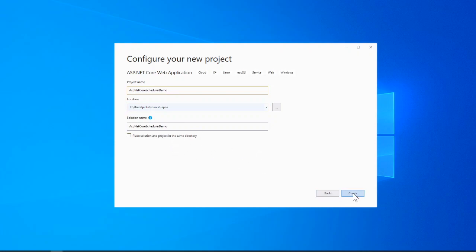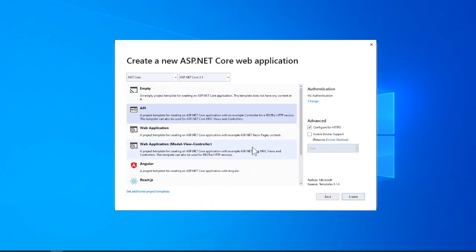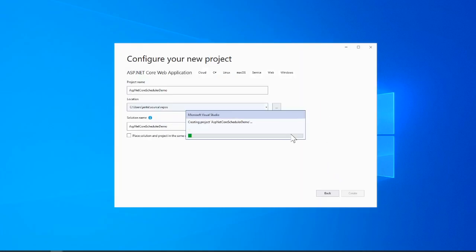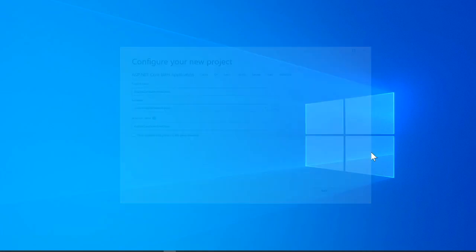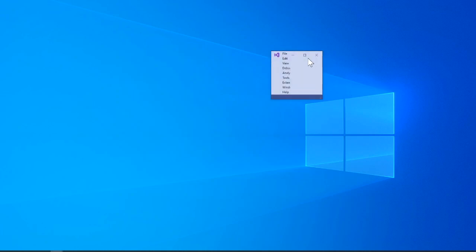I'm going to create an empty web API with HTTP access, and once it is created,